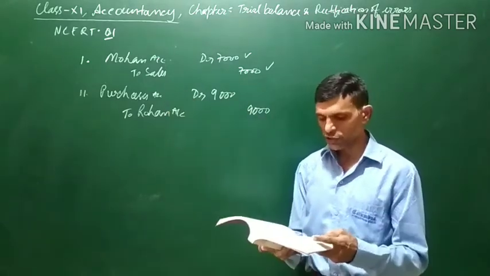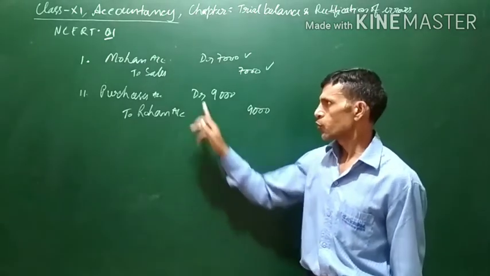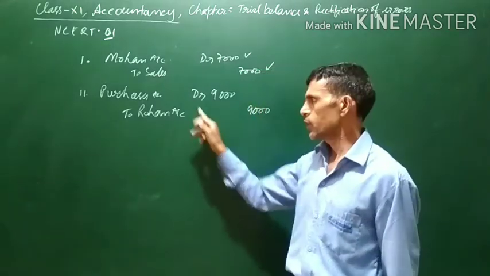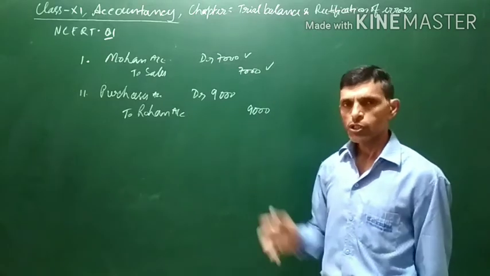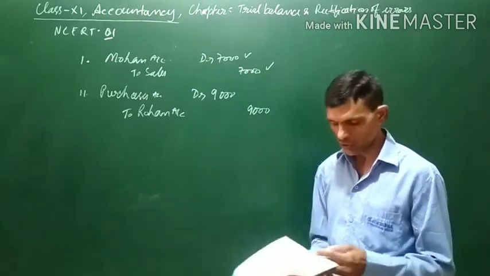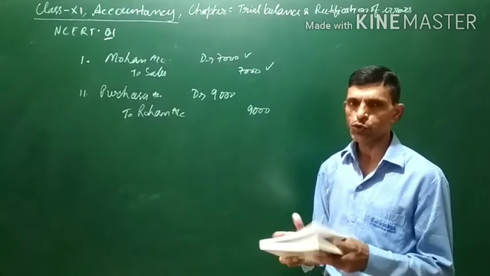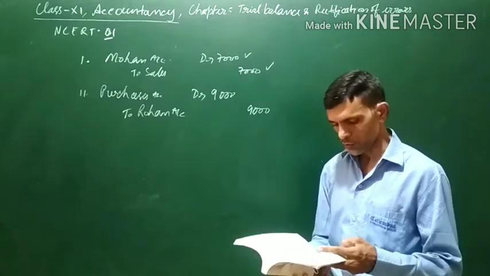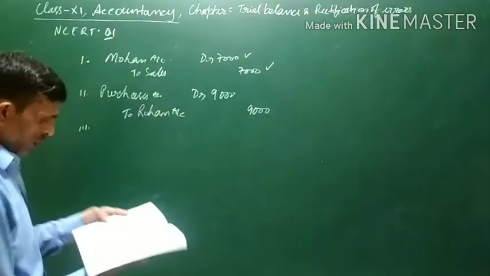Now it is given in the question that credit purchase from Rohan was not recorded. So if we pass the journal entry, it will be recorded. What we have to do is pass the journal entry, or write it in the books of account, and it will be considered recorded. Similarly, in the rest of the 2 points also, we have to simply pass the journal entry. Let us do the remaining entries also, the third and the fourth one.